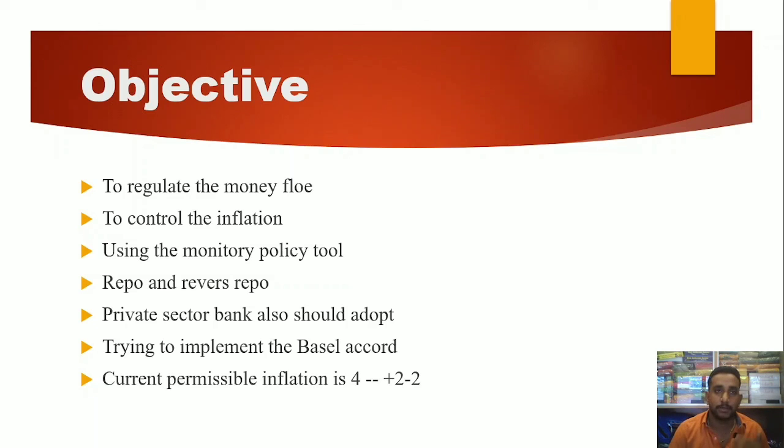In the upcoming classes, we will define a clear path to describe the hierarchy present in the Monetary Policy Committee and how they use their monetary policy tools to accelerate the value. I already explained the repo rate: if they increase or decrease the repo rate, the economy accelerates accordingly. If the basis point is 0.25, the output value is around 30 lakh crores. A big amount is going to circulate in our economy, right? That is the objective.